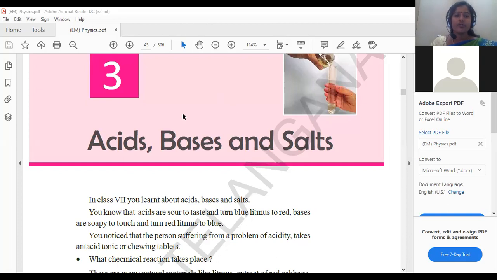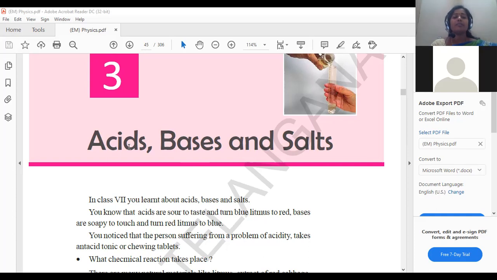In today's session, we are going to discuss acids, bases, and salts. It is also part of 10th class chemistry, Unit 3, where we are going to distinguish what acids, bases, and salts are. Today we are basically focusing on acids and bases only: what the basic types of acids and bases are, and how we can distinguish them using simple laboratory methods. Okay, let us enter into the topic.